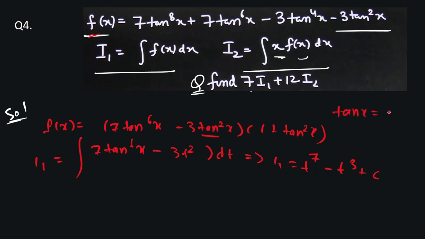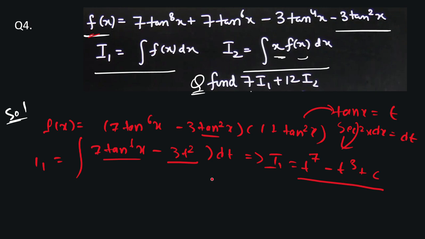Tan x is equal to t. By replacing tan x with t, we get this equation. Now if tan x is equal to t, then differentiate on both sides. The derivative of tan x is sec square x dx, which is equal to dt. So here, integrating tan x and 3 tan square x, I1 will be t power 7 minus t cube plus